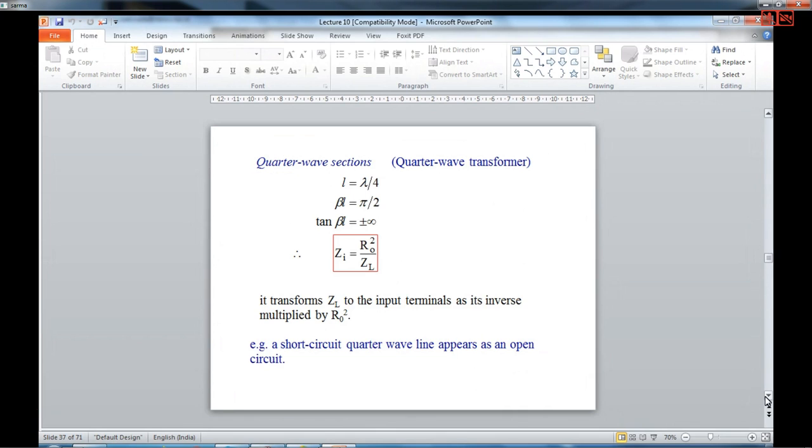The line length is fixed as lambda by 4, but it will have a very narrow band of operation possible because of this, and there are various methods people have used to improve this band, where a characteristic impedance of one value is used to match a load with another type of impedance over a wide range of frequencies. So quarter wave line has a huge number of applications in filters and tuning circuits, or in oscillators, amplifiers, and many